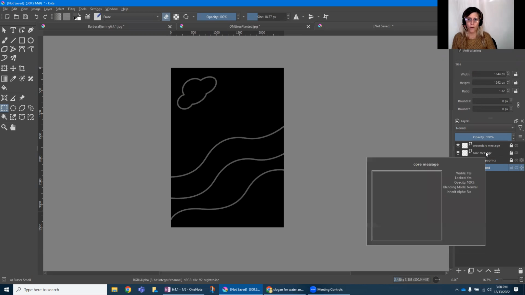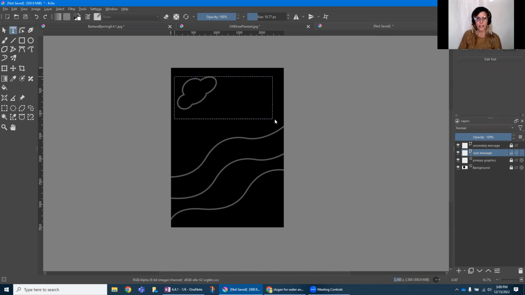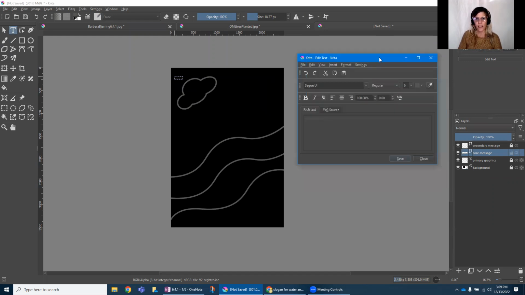So my core message is pollution, pollution, tree is the solution. I'm on that layer. Make sure you unlock it. I'm going to use the text tool. Select the text tool in the toolbox, it's the big letter T, and draw a text box. Then you will get a floating text editing menu. So I just type in